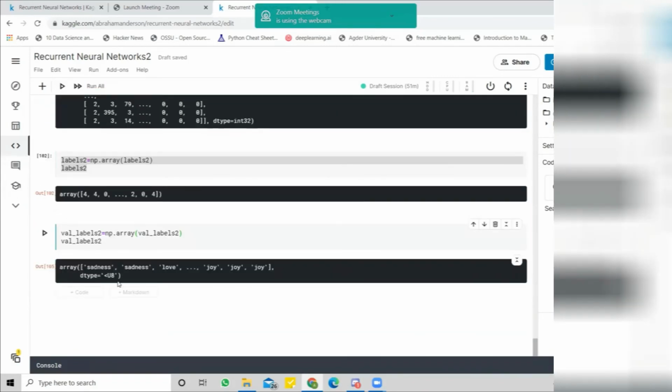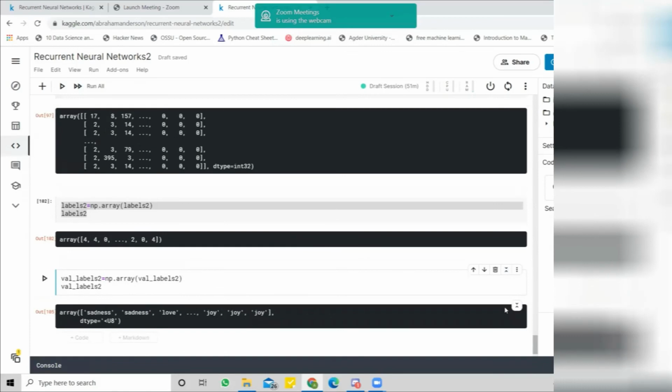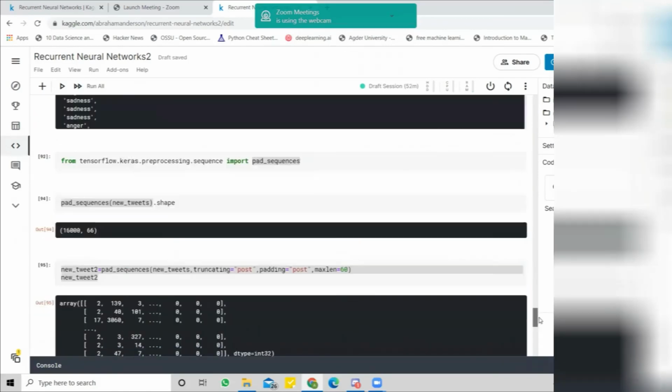Yes, as you can see, oh my God. There is a problem because I used the normal validation tweets, so we reassigned the wrong words into our validation labels. We have to correct this one.